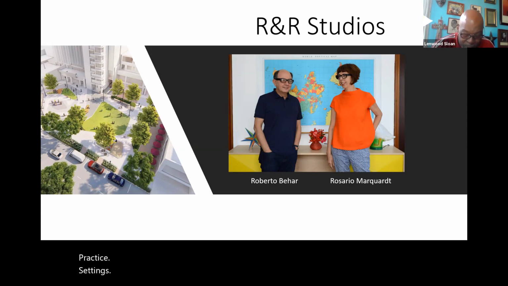Celebrated, as one critic put it, as architects of hope, their works propose encounters of stories and spaces which alternate between the personal and the public, the ordinary and the extraordinary, the poetic and the political. R&R Studios' works erase boundaries between art and life and suggest imaginary solutions for a better world.